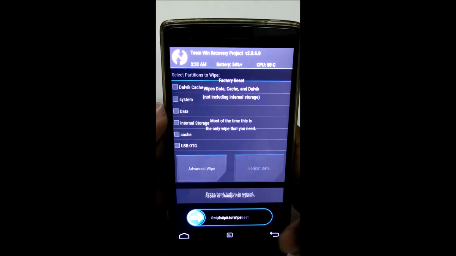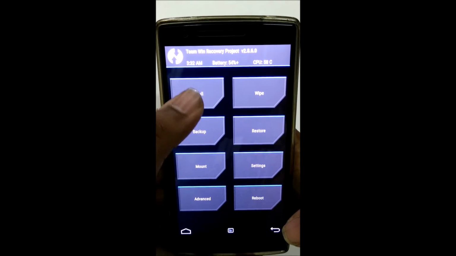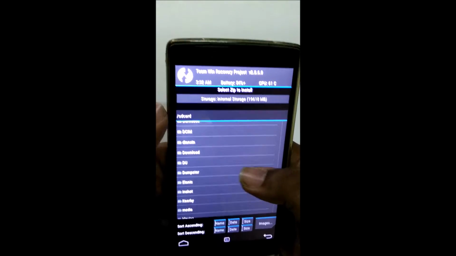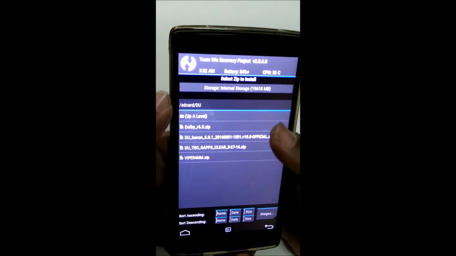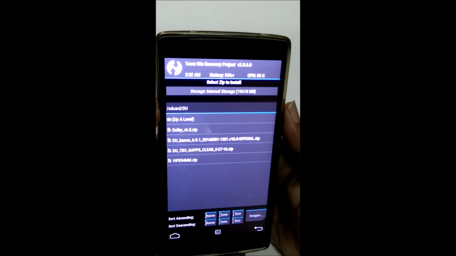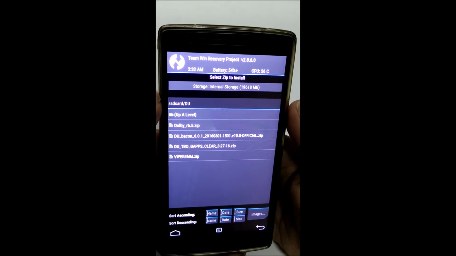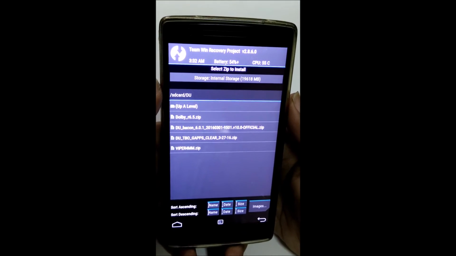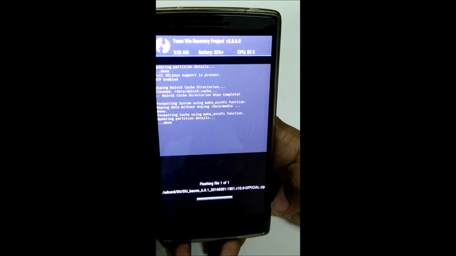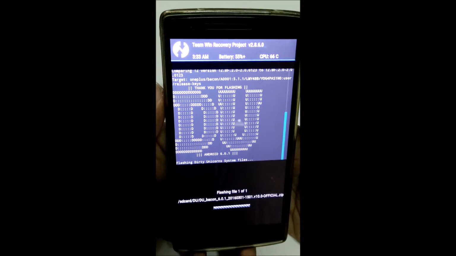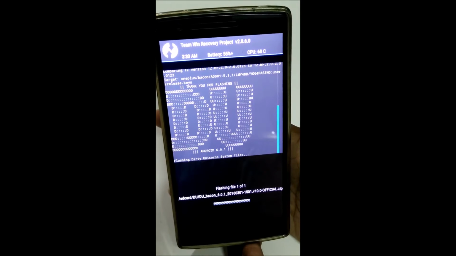Let's go back again, and now let's install the fresh new ROM. I have saved my files into the DU folder, which is the Dirty Unicorn folder, which I have made. Here are the files. I'll also show you how to flash Viper for Marshmallow. Viper for Marshmallow is actually used for tweaking your audio. So here we go. First, flash the ROM file. The DU ROM has many kernel tweaking functions built in as well, and it has a Cyanogen mod based customized camera.